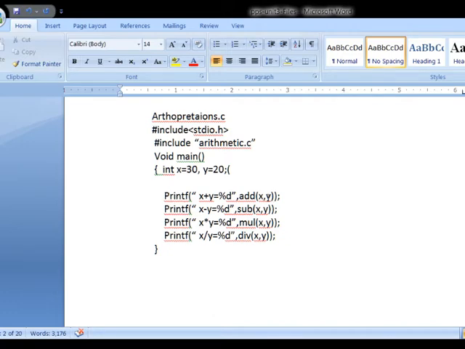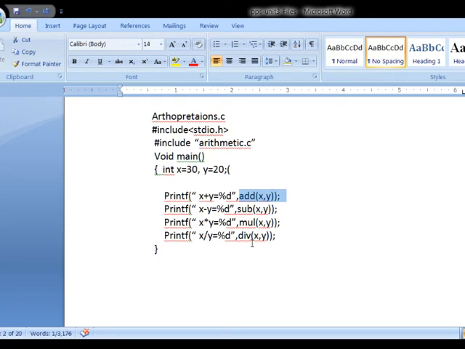Similarly, in this printf I am using the add xy function which is available in arithmetic.c. So the include directive searches for this add function in arithmetic.c and that add xy is copied into this particular location before the compilation.